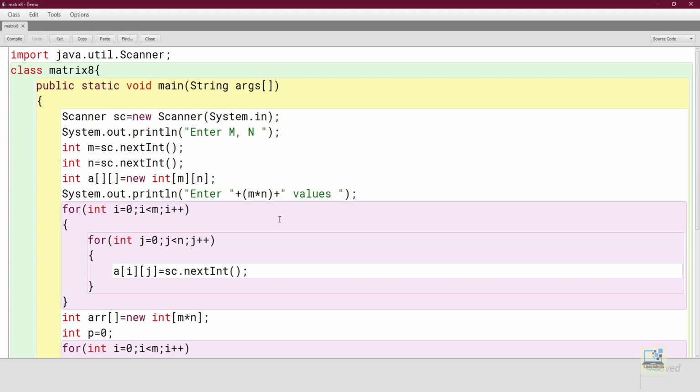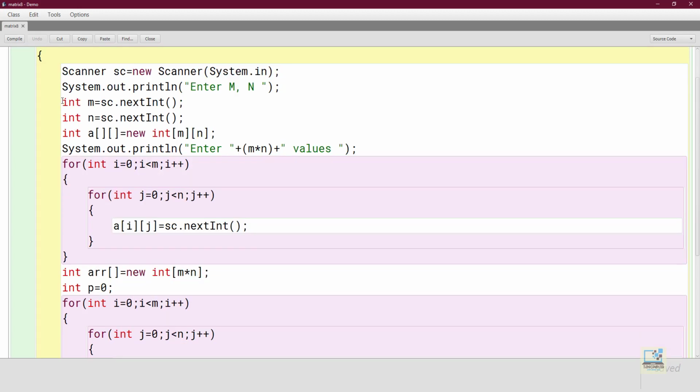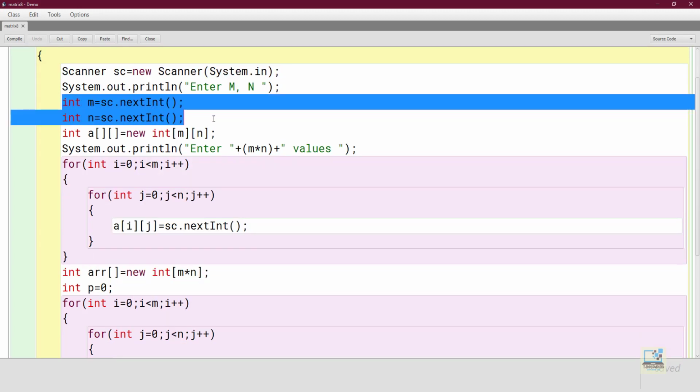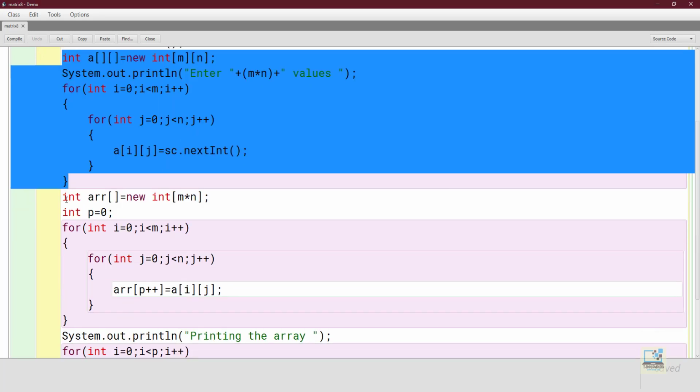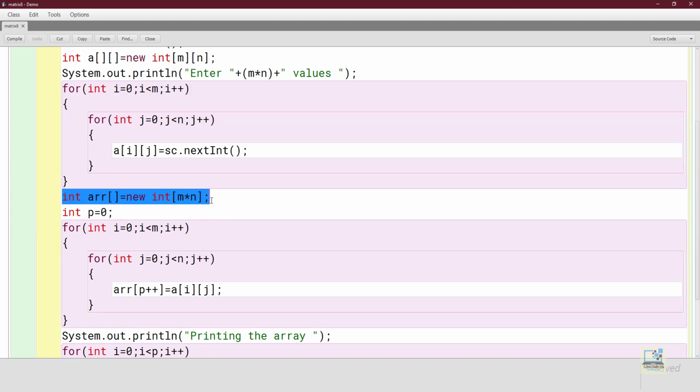Let's see the program. Here I have taken input m, n, that is the order of the 2D array. After creating the array and taking input, I am creating a 1D array with the size m into n. As I told you, if there are 3 rows and 2 columns, then the size of the 1D array will be 6.